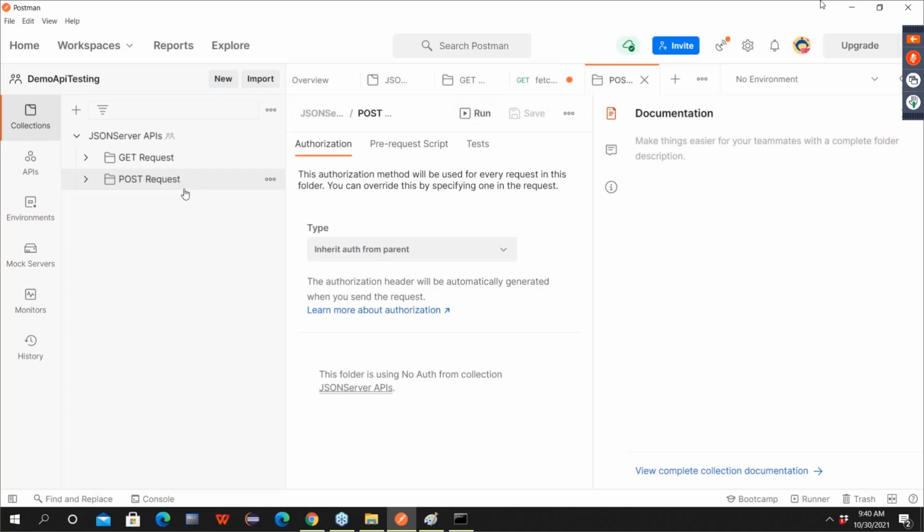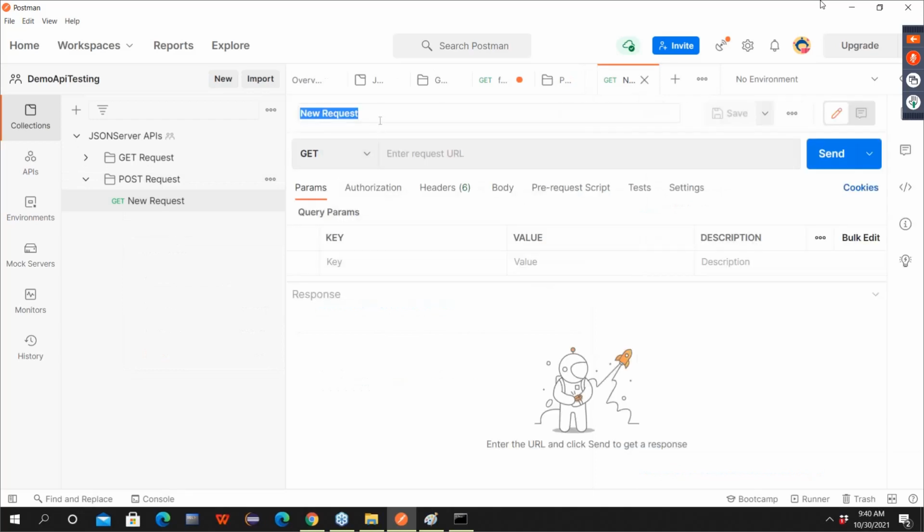Now, in a post request, I will add a new request. Up to this step is same. So let's say, insert data in post API. Some meaningful name you can give. And now what you need to do?